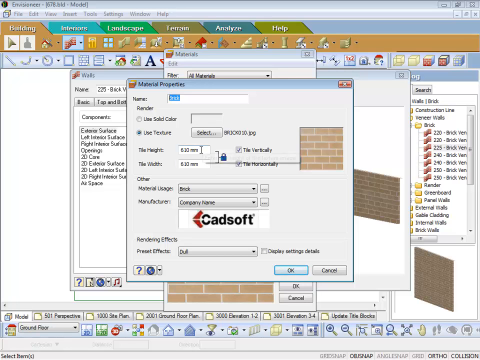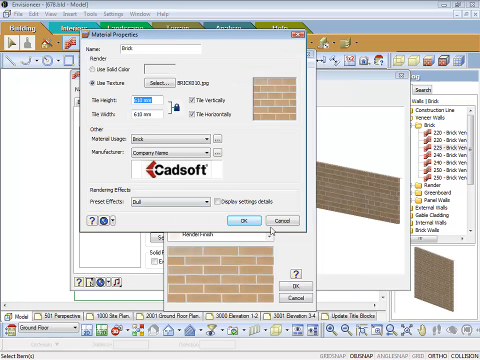You can set the tile height, so you can see it's locked in, so both of them change if you change one or the other. When you typically bring in a new brick or a new texture, the tile height and width is normally set to 1000. Why I've changed that is simply what I do on my 8-foot ceilings, on my 2440 high walls,